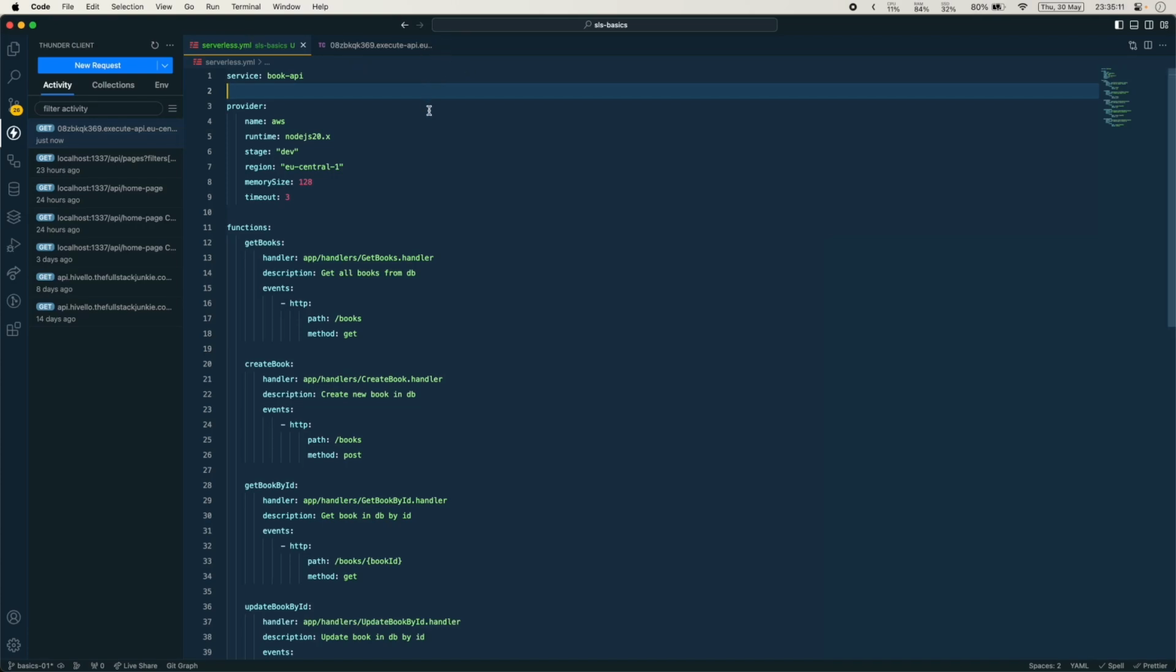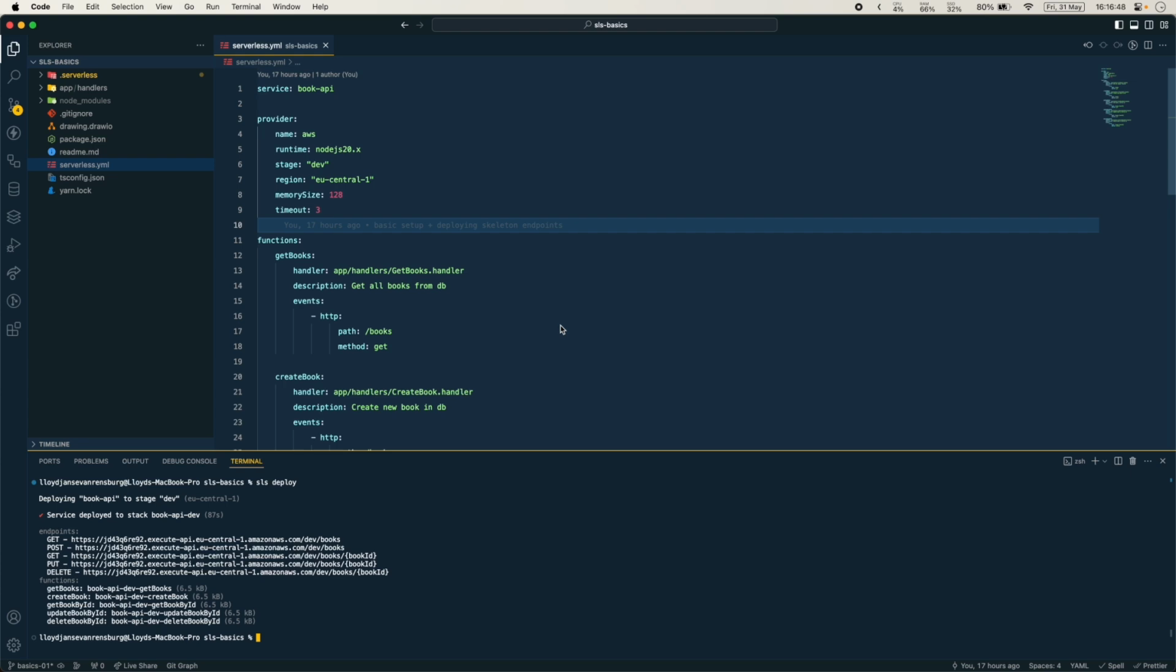In the next video we will start adding some logic and maybe start looking at adding the database part, and that's it. Okay, so now that we have our functions and our endpoints deployed to AWS by just running the